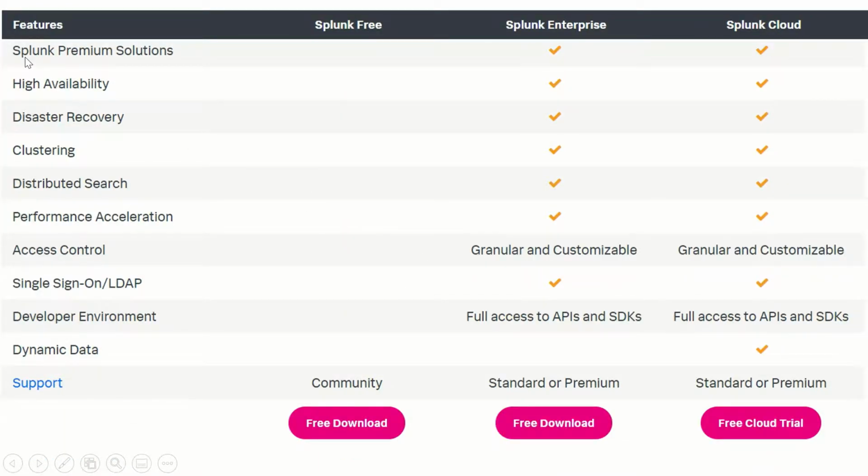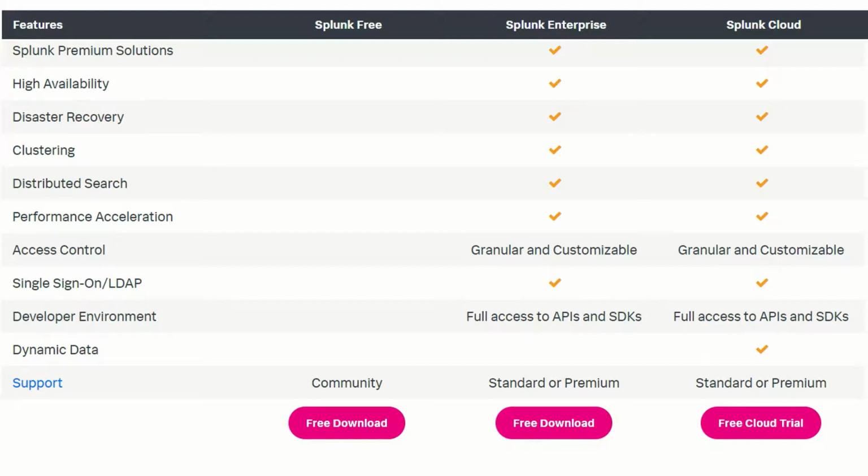So next one is Splunk premium solutions. Splunk provides some premium solutions like Enterprise Security, IT Operations, and User Behavior Analytics. These are premium applications, so for that we need to pay an extra amount apart from your enterprise or cloud instance.